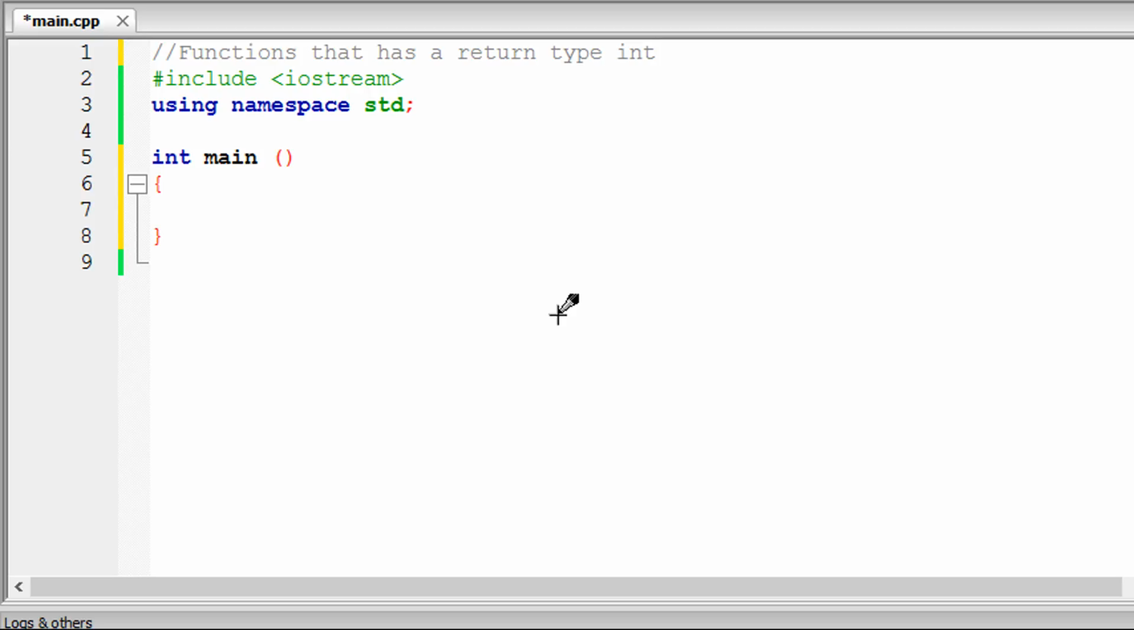Alright guys, so in this video we're focusing on functions that have something to return, or specifically in this case functions that have a return type int. So let's just quickly go build our function. Type in int addition and then with empty parameters,